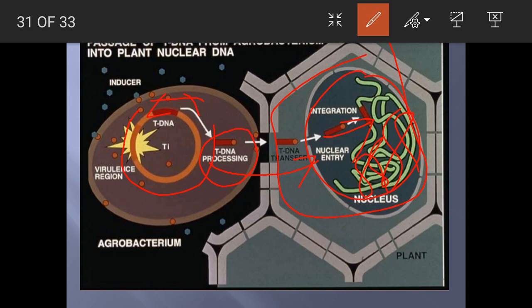As only the T-DNA is transferred here, you need to ligate your gene of interest there. I gave the example of the Cry gene from the Bacillus thuringiensis bacteria. That means you need to put your gene in this T-DNA, so that whenever the T-DNA gets transferred, your gene of interest is also incorporated into the genome of the plant, and thus the plant is said to be transformed, or positive for your gene of interest.